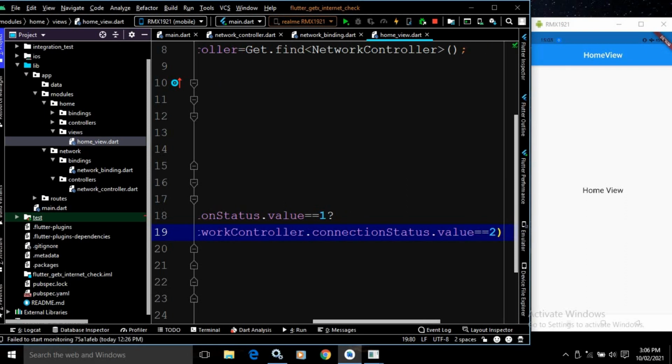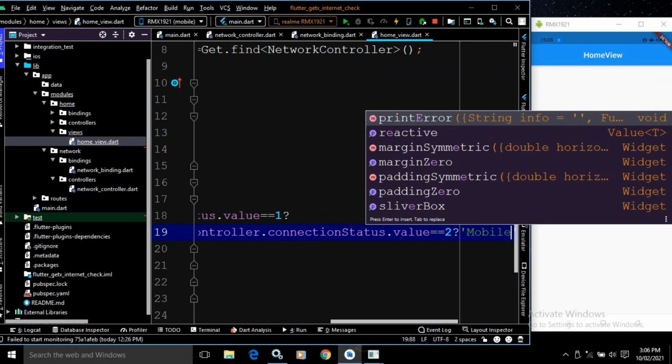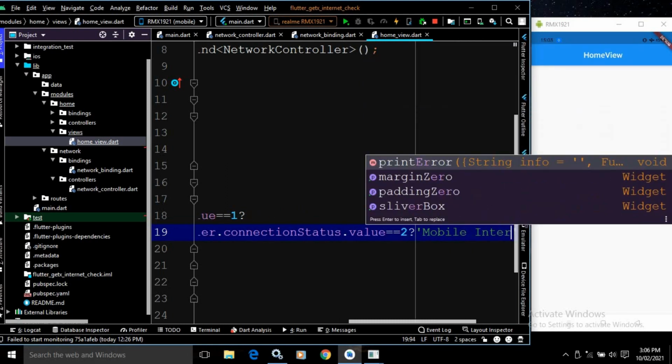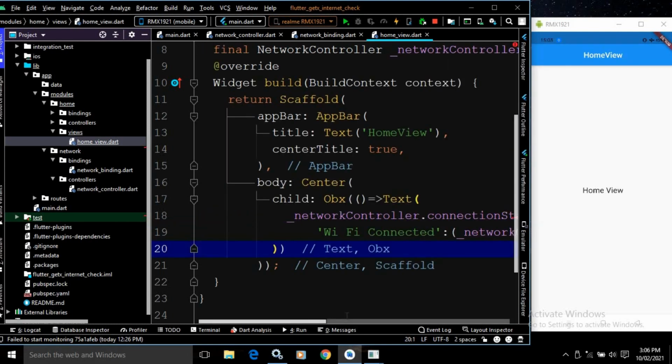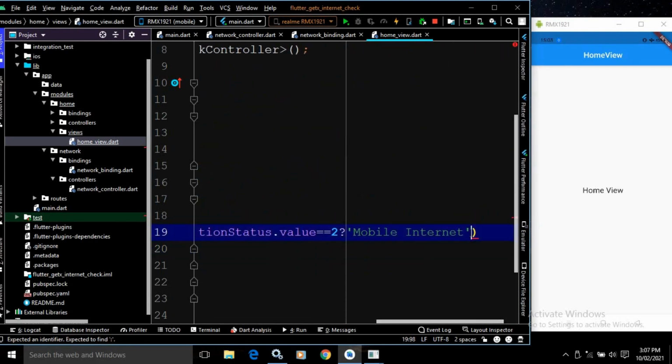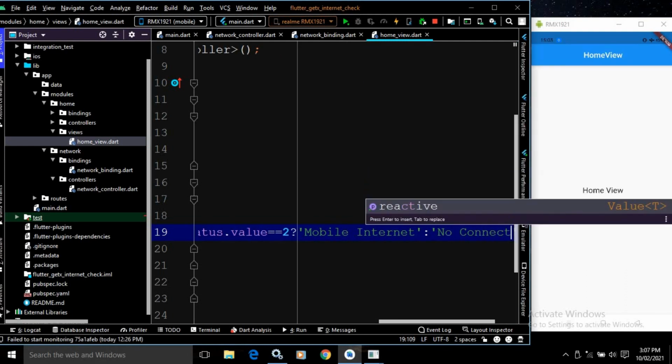This means if its value is 2, then obviously it is connected to mobile internet. But if its value is not 2, then obviously there is no internet connection. This means none of the conditions is satisfied, so there is no internet connection. So here I will write no connection.